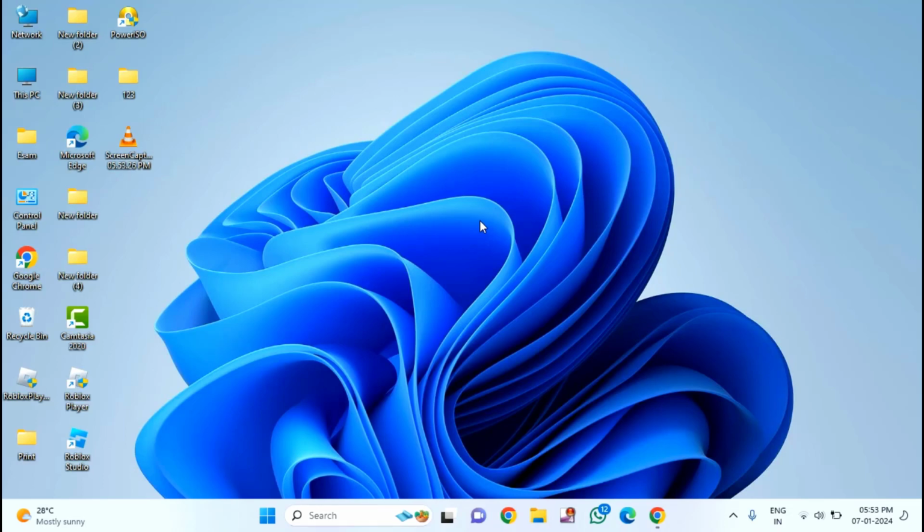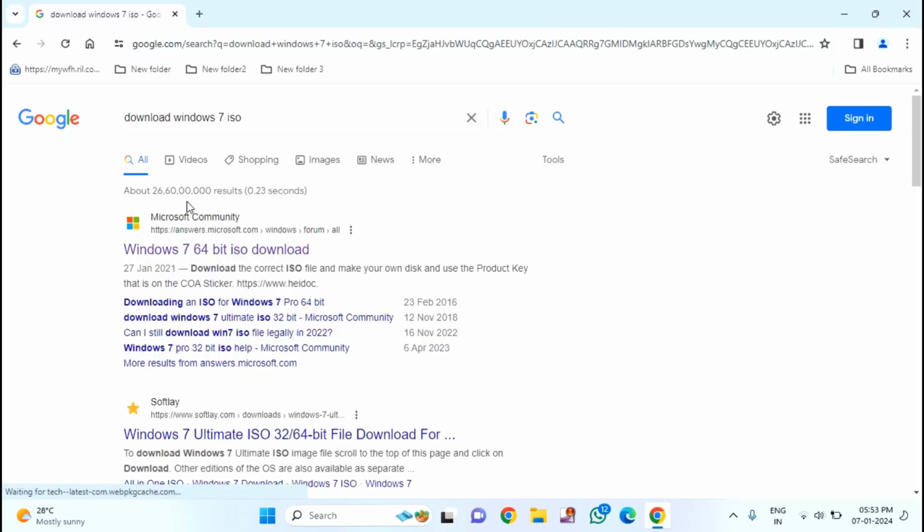Guys, if you want to create or make a Windows 7 bootable pen drive, then I will show you how to do this. First of all, you just need to download the Windows 7 ISO file from the Microsoft official website. If you want 32-bit, just type here 32-bit ISO file, or if you want 64-bit, just type here download Windows 7 64-bit ISO file. After downloading it from the Microsoft official website,